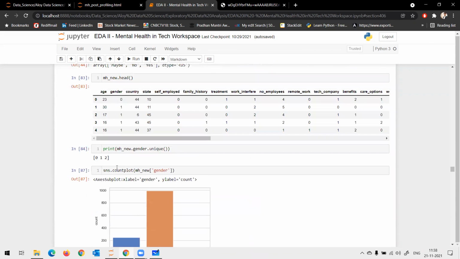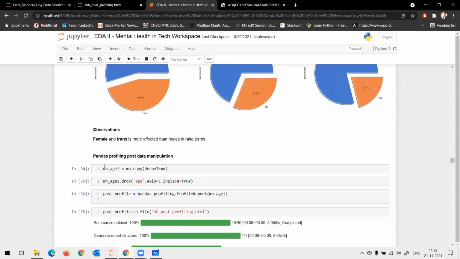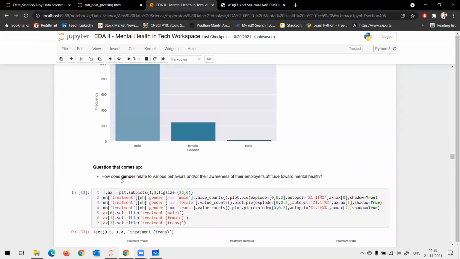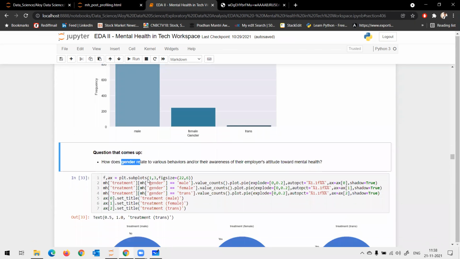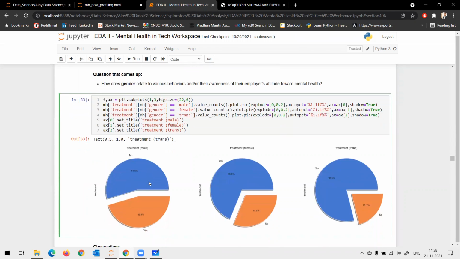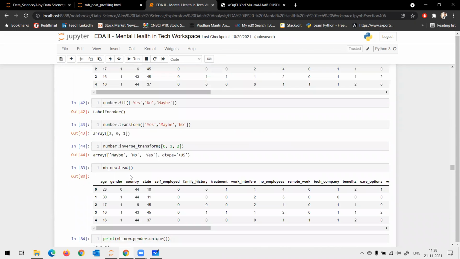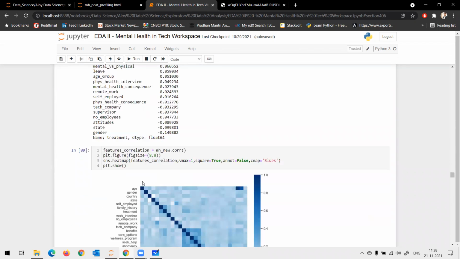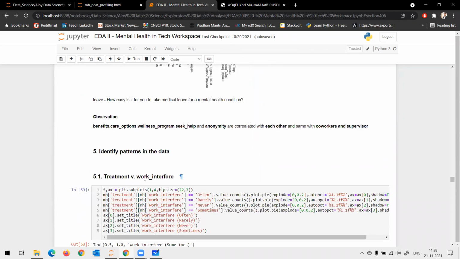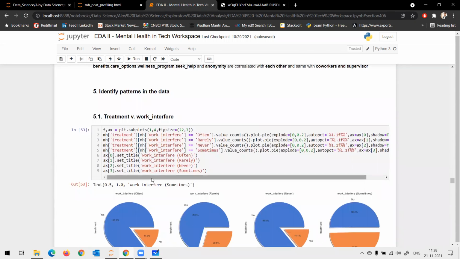When we start EDA, we were supposed to put the comparison of gender with treatment as the first comparison in the EDA, but we have already done it. So now we have to move forward with treatment versus work interference.